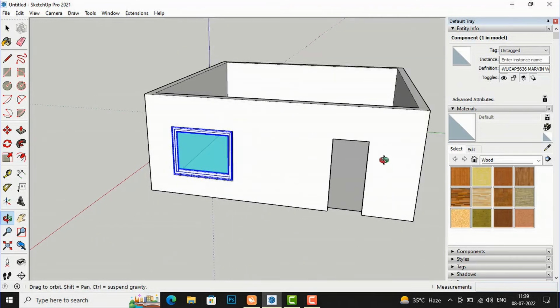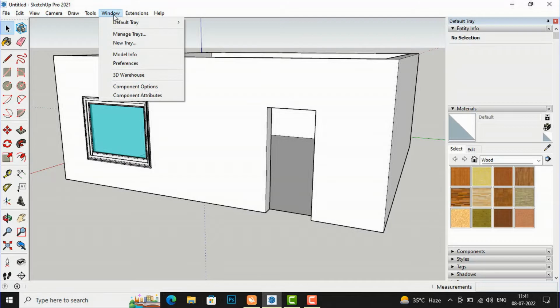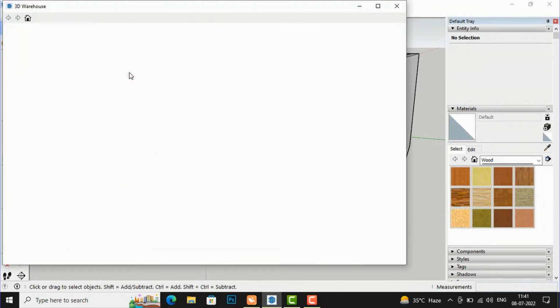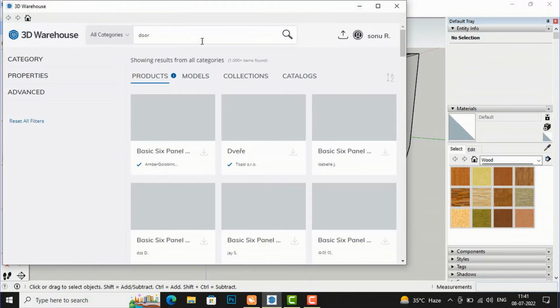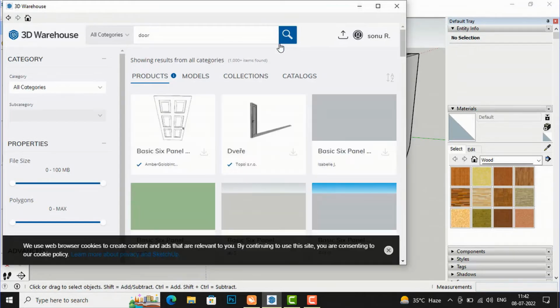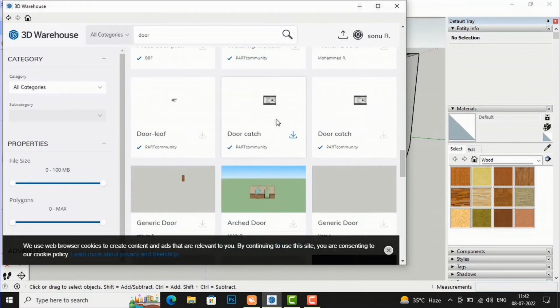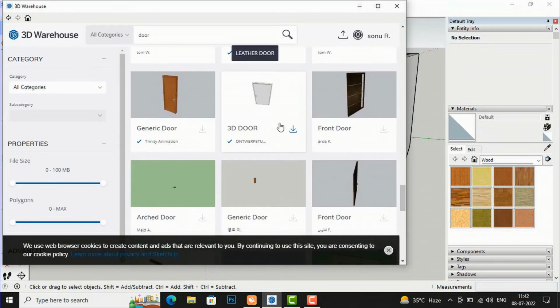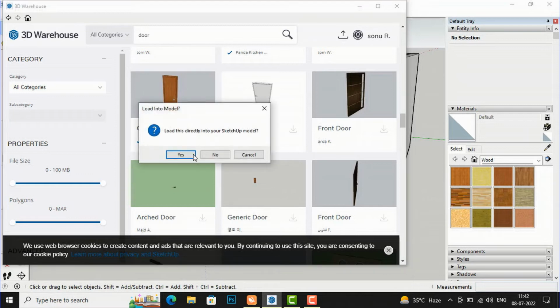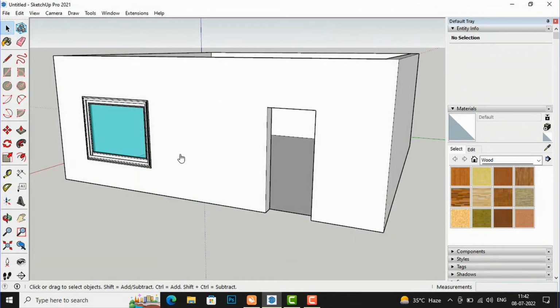So now next I'm going to insert a door. So I'm going to my window here, and I will go to 3D Warehouse, and I will look for a door here, and we'll search for simple doors. So I'm going to insert this generic door here, and I will load this directly into my SketchUp model,